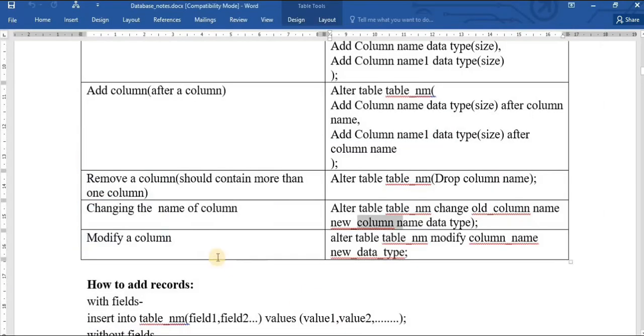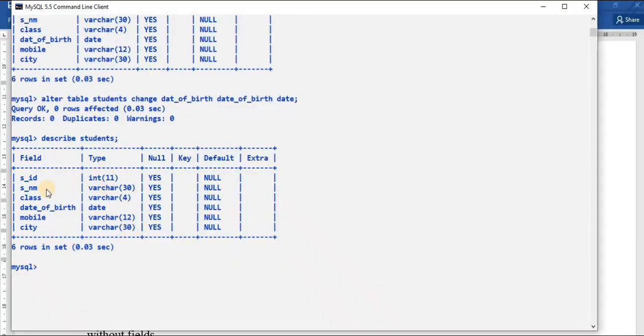So how to modify a column? If you want to modify a column, meaning if you want to change the data type of a column, for this you will use the MODIFY command. ALTER TABLE table name MODIFY column name and new data type. Suppose here the student name data type is varchar with size 30, but I want to increase the size of this data type. I want it to be 50 characters. For this I will use